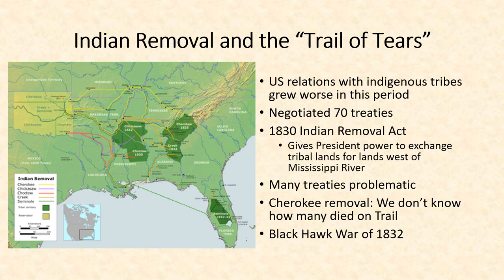Essentially, what this act does is it says that the federal government, the president, has the power to exchange traditional tribal lands east of the Mississippi River and take them for U.S. government use in exchange for lands west of the Mississippi River. The government essentially has the power under the auspices of the power of the president to take away the right of lands of Native Americans as long as we give them an equivalent amount of lands in the West. This is how Jackson is going to justify Indian removal.